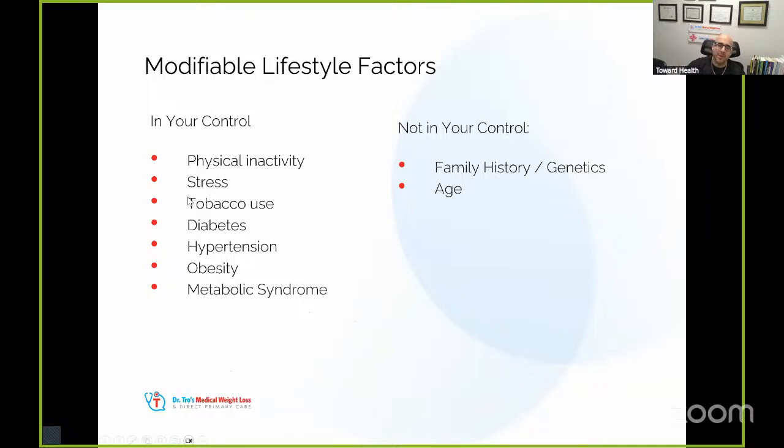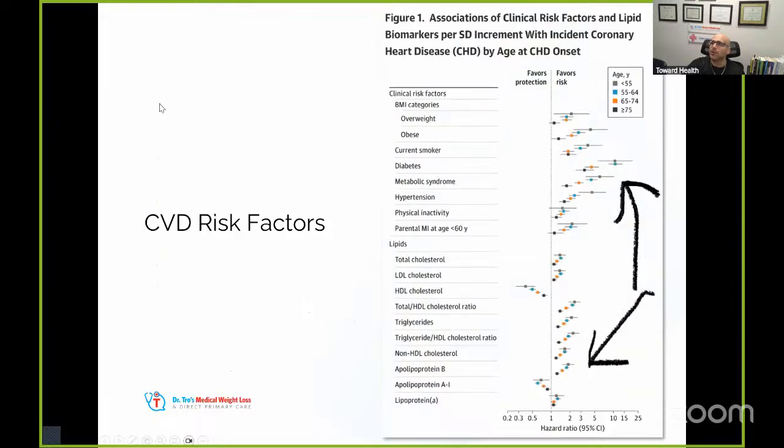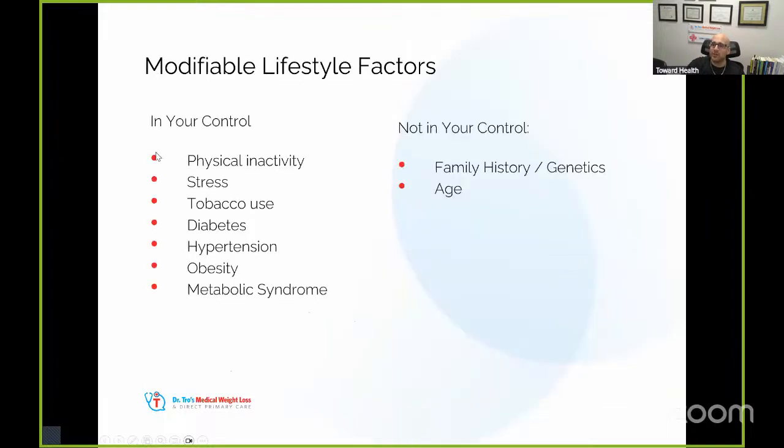So, what are the things you can control if you have heart disease or you're looking to prevent heart disease? Physical activity, you can control that. Go back and look, if you're physically active, that matters just as much as cholesterol does, right? So physical activity, walks, resistance training, controlling your stress, meditation, getting good rest, sleep, quitting tobacco if you use it,